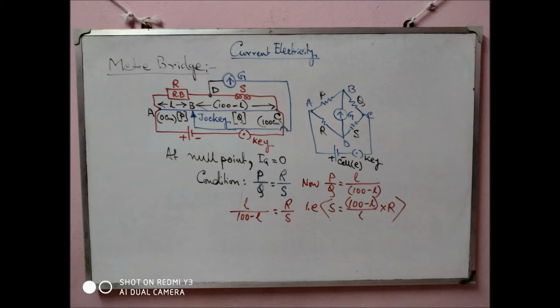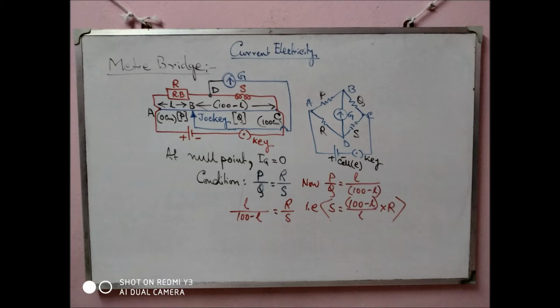Now see this A and C in the left side diagram. A and C are the 2 points where a 1 meter long wire is mounted. And this total wire measures the total resistance of P and Q. How? Because whenever we find the null point, meaning the balancing condition of the bridge when no current flows to the galvanometer and the potential at point B and at point D are same.